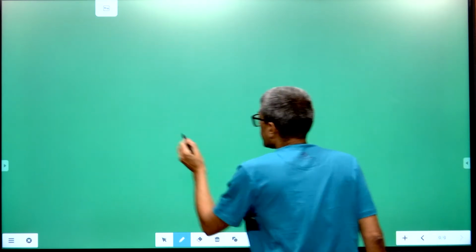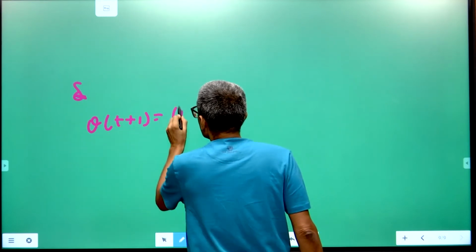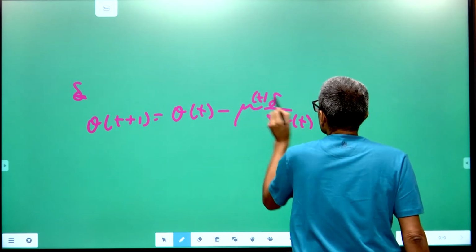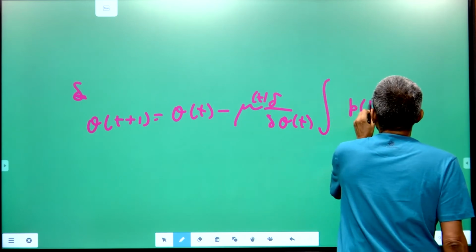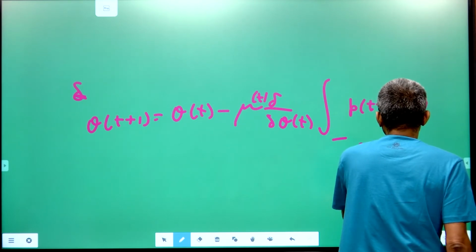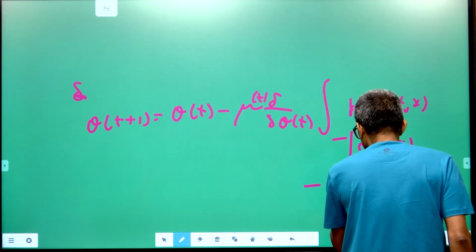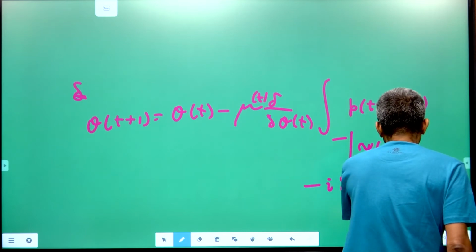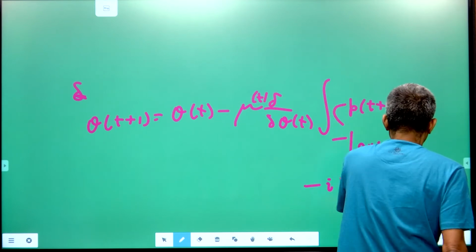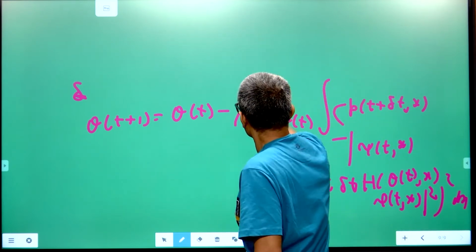So in that case you get an adaptive algorithm, namely theta t plus 1 is equal to theta t minus mu delta by delta theta t of the integral of p t plus delta t x, minus psi t x magnitude, minus i delta t h at theta t x psi t x, squared dx, right. If you differentiate this, you make the adaptation constant increase, so that if the prediction error energy is large,